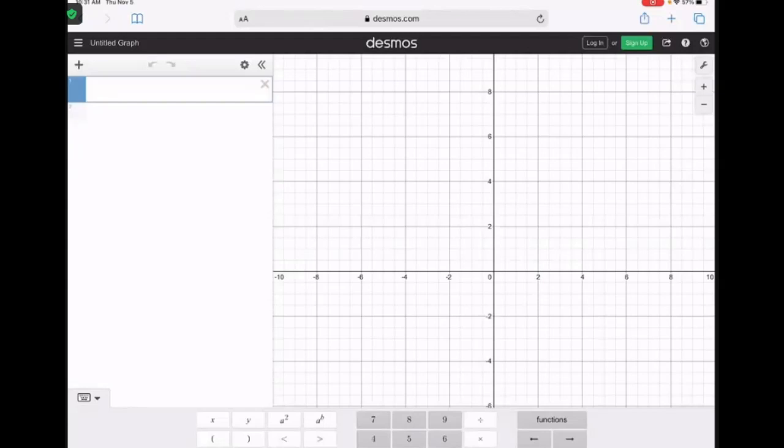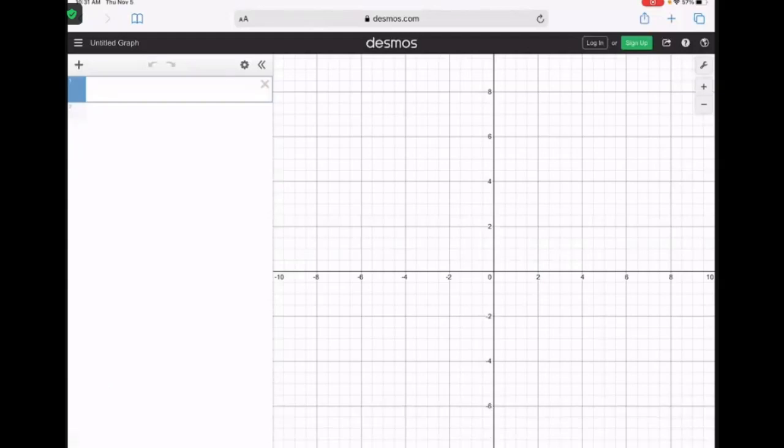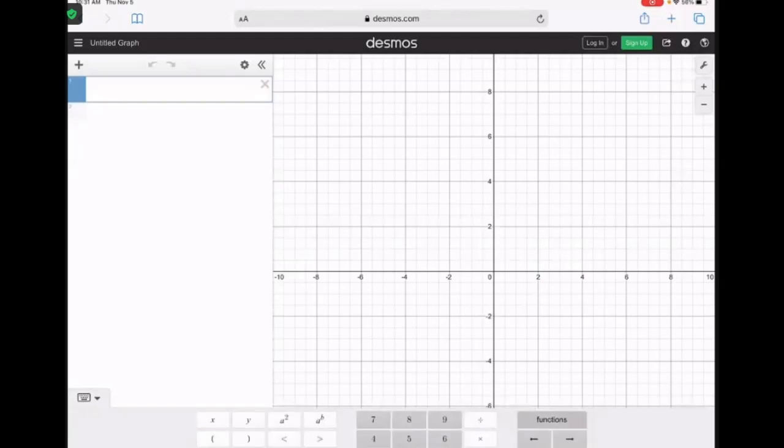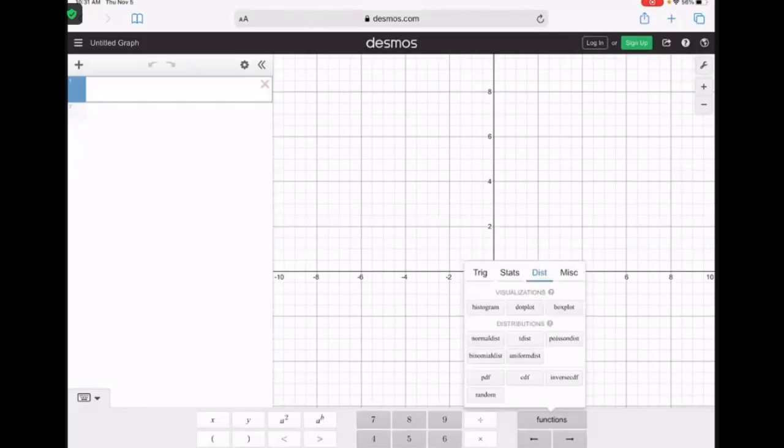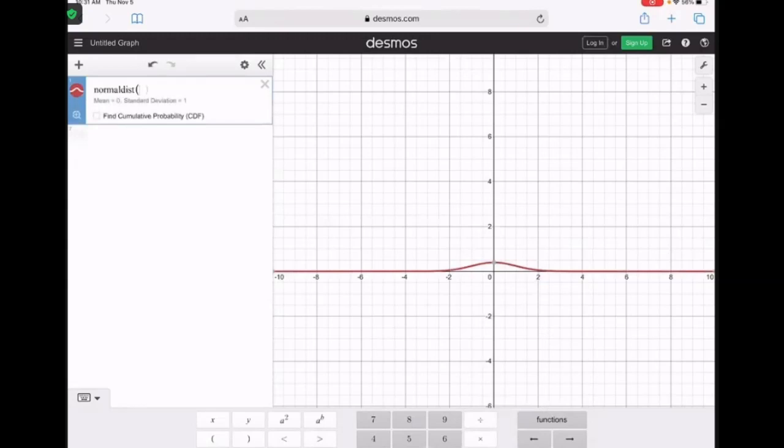You can go to functions. You can pull out the keyboard, functions, and DIST stands for distribution. So there's the distributions right there, and you see one of them says the normal distribution, normal DIST, and it says that we want to find the normal cumulative distribution,